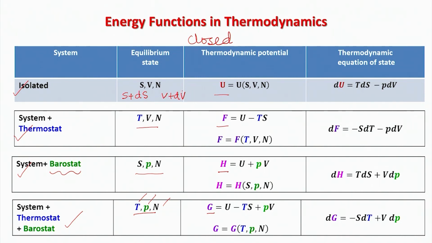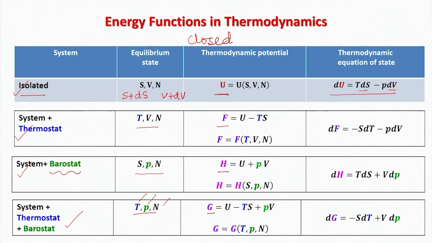And now I am looking for an energy function that will directly depend on dS and dV. And I find that dU, that is the infinitesimal change in internal energy, depends directly on dS and dV. And therefore, I would identify internal energy as the thermodynamic potential of the system when it is present